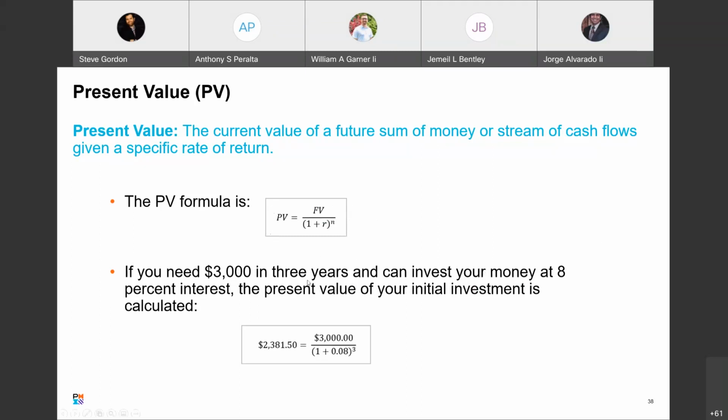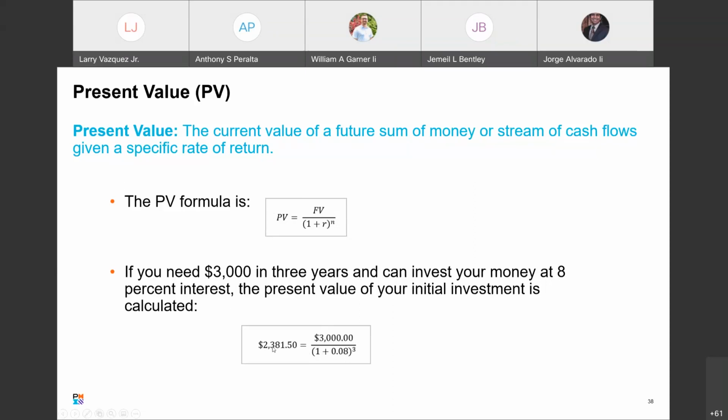So if you need $3,000 in 3 years, that's this top number, future value, FV, and you can invest your money at 8% interest, the present value of your initial investment is calculated. So $3,000 is your future value on top, over 1 plus your interest rate, which is 8%, raised to the power of 3 years.